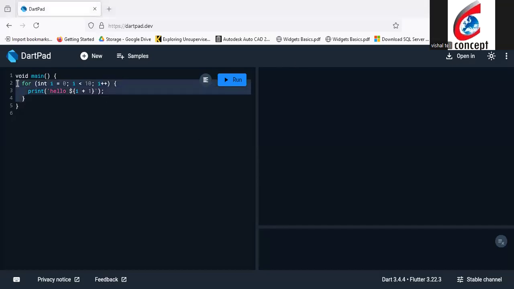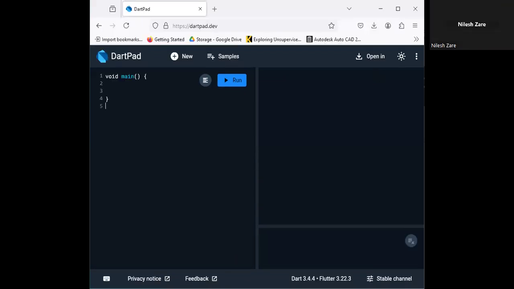In the previous session, we have seen the constructor, and now we'll be seeing... do you have my screen? Yes. Okay. So in this session, we are going to see how to create private fields